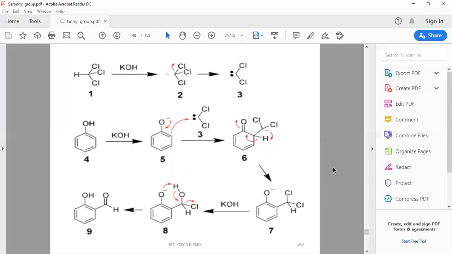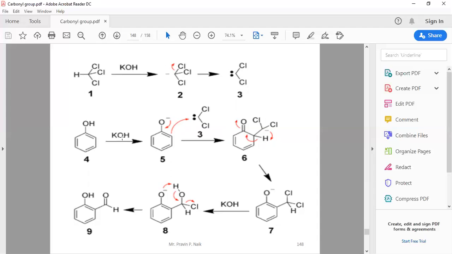If you see the reaction mechanism, it is a very interesting reaction mechanism. In the starting, you can see chloroform. What is the role of potassium hydroxide? As we have seen, 3 moles are utilized. The first mole is acting as a base. It will abstract the proton of the chloroform to form carbanion. Then the Cl leaves and it leads to the formation of carbene. So this is the very important intermediate which is formed, that is carbene.